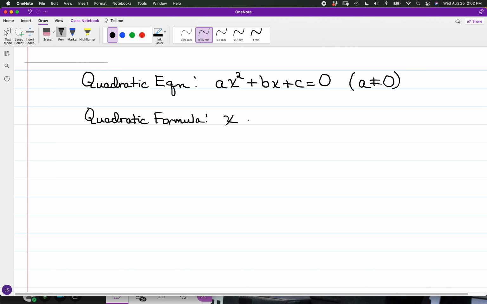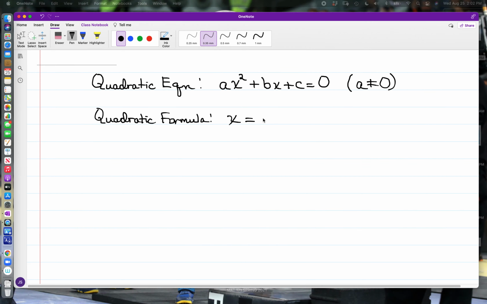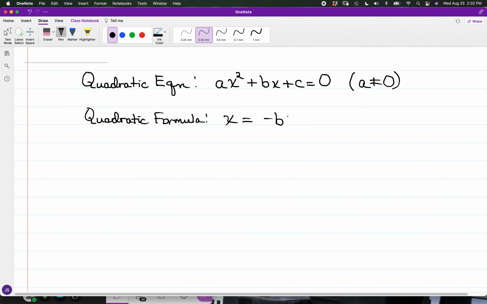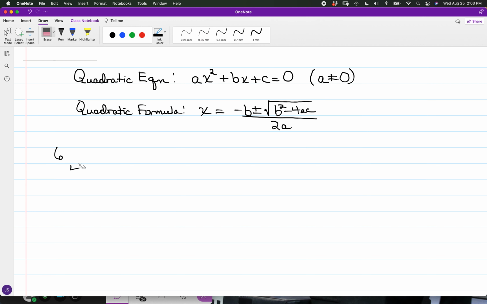So we have x is equal to negative b plus or minus the square root of b squared minus 4ac, all over 2a. And again, the problems involving the quadratic equation are not necessarily limited to the variable x. Now, from the set on pages 68 and 69, regarding number 64,